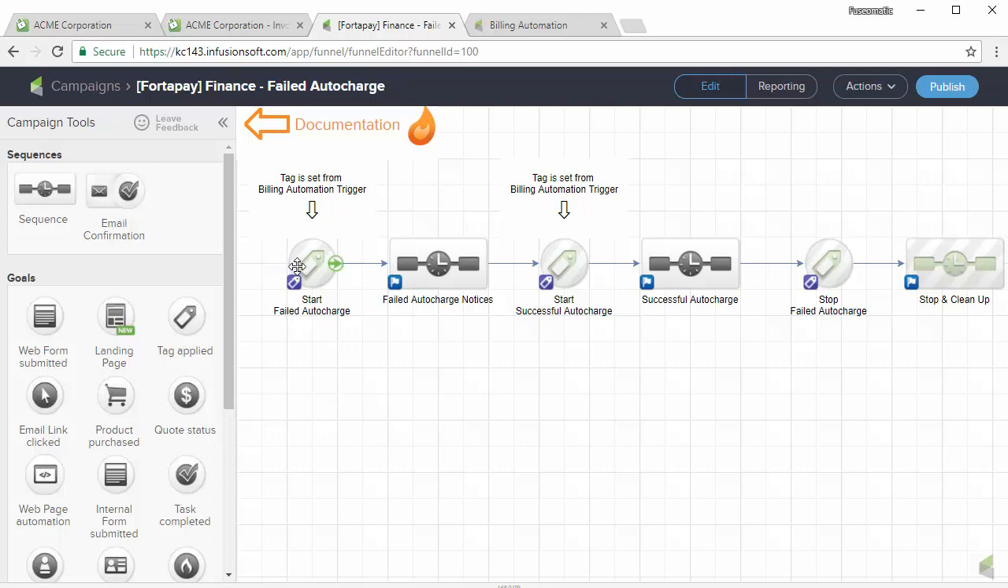Now, a note on this, if you set up the invoice notices to be sent anytime an open invoice hasn't been paid, you may not need this campaign at all. Fortapay does take care of sending out notices for any invoice that is unpaid. And if you have that enabled, then this would really be a duplicated effort and wouldn't be needed. But in the event that you want to specifically send out notices related to particular auto charge failures, then this